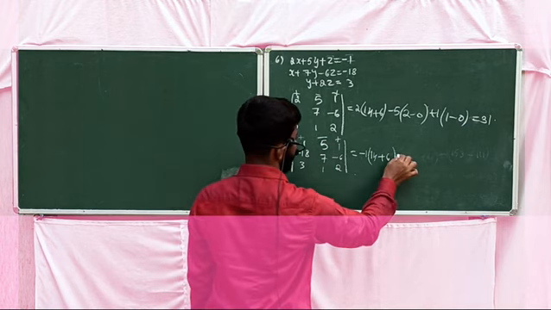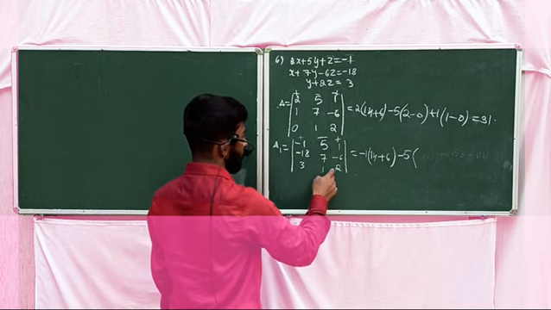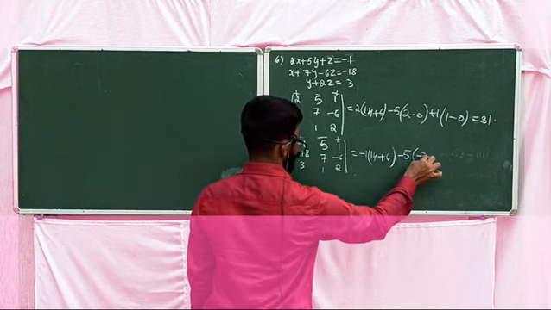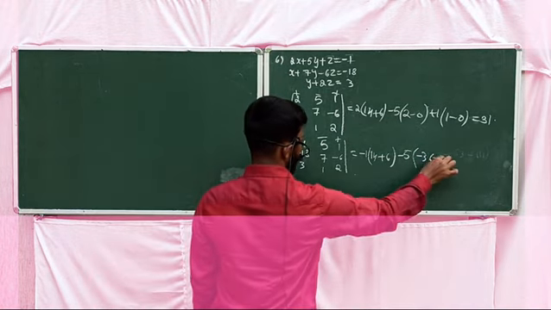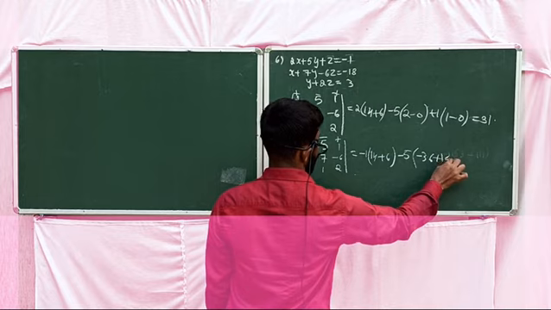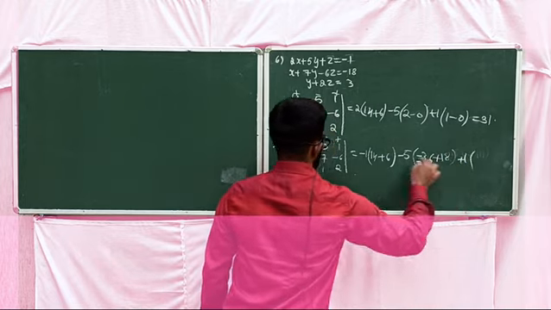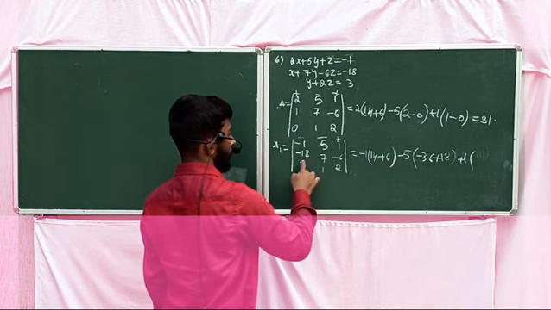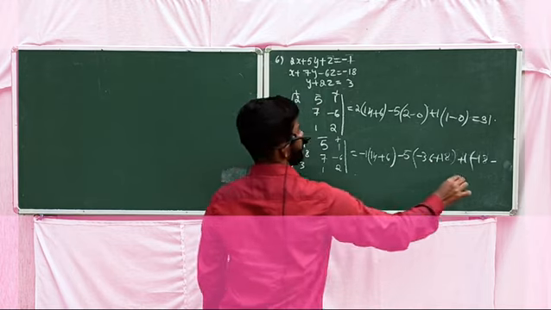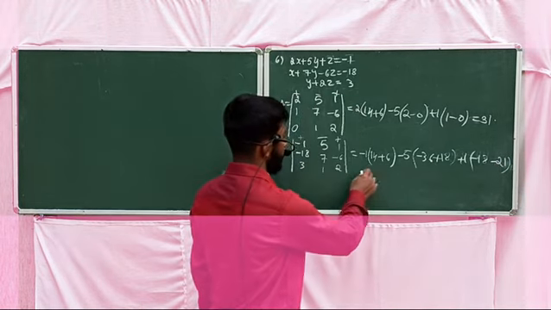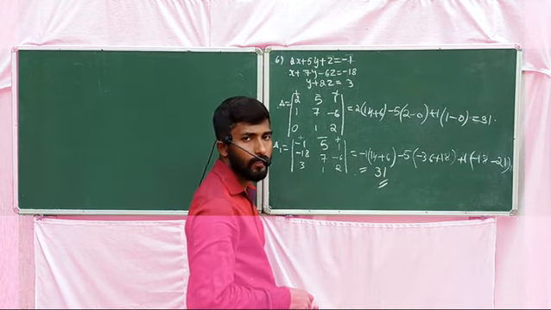Then minus 5 into, delete the second column and the first row, minus 18 into 2 minus 36, minus 6 into 3 minus 18, one more minus from the formula, therefore it's equal to plus 18. Then plus 1 into, delete the third column and the first row, minus 18 into 1 is minus 18, minus 7 into 3 it's equal to 21. Again simplifying, here you will get 31. Delta 1 value is equal to 31.